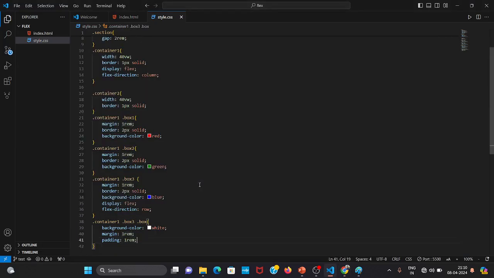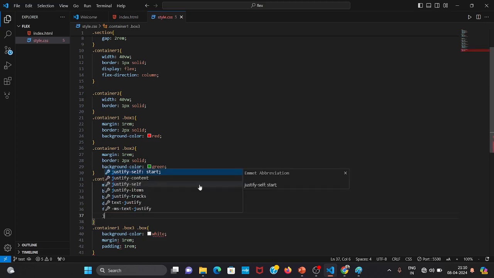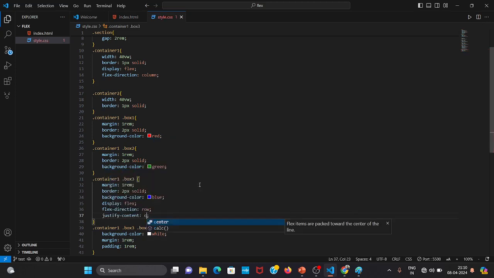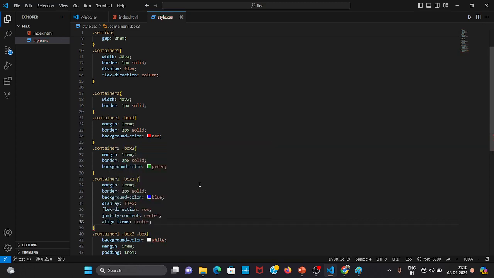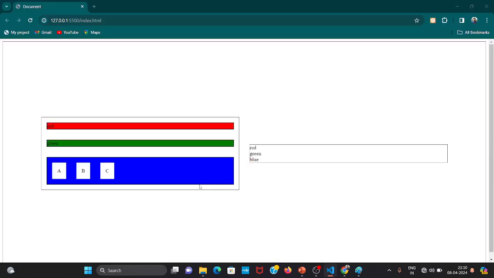you can see we want to align them to center. So for that, I have told you that we have to use the property justify content to center, and align item to center it vertically. Okay, and to center it horizontally we have used justify content property. Okay, now you can see this is in center,